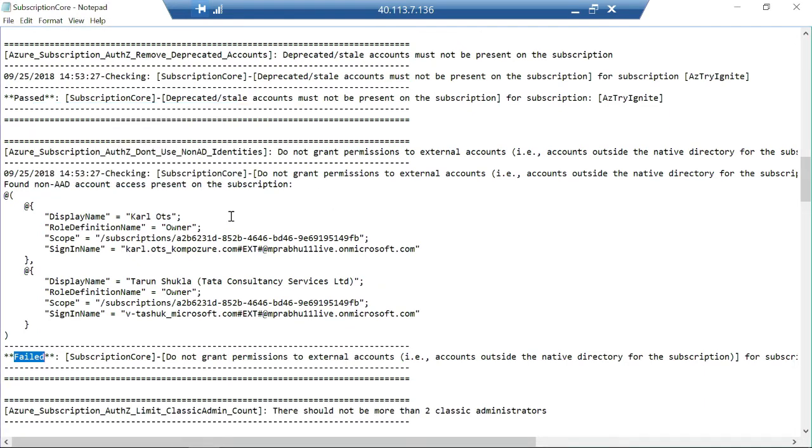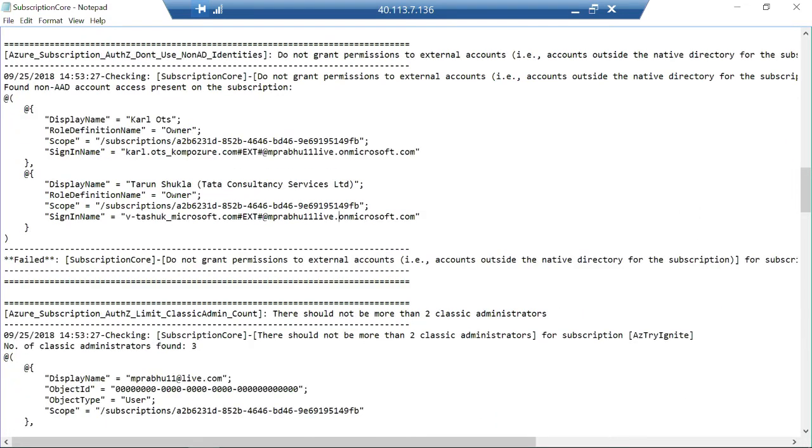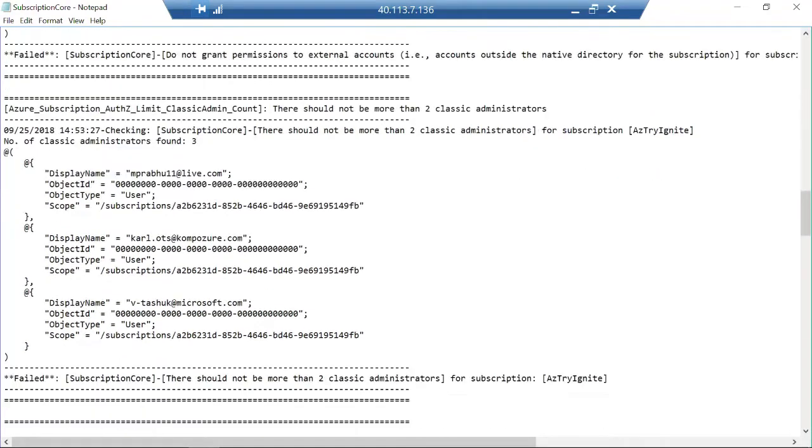What actually happens here is that this is just a dummy Azure AD, where we have created just a dummy Azure subscription, meaning that this has been created with a live account or a Microsoft account. So this is not associated with Azure AD. So you'll see that my account here is deemed as an external account from the point of view of this subscription. And also, as a next one, we have a failed result of